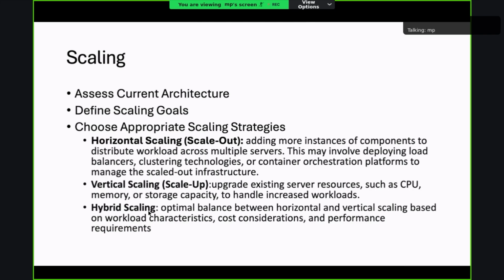It is a combination of horizontal and vertical scaling, and it is based upon the workload characteristics and other user base or data volumes that are there in a service.